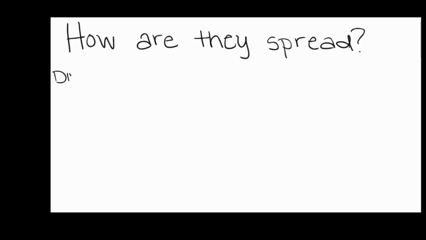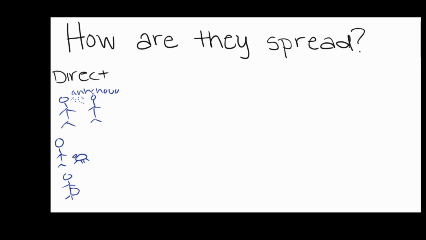How are infectious diseases spread? Mayo Clinic lists 4 major ways infectious diseases can be spread. They can be spread through direct contact, which would be person to person, such as touching, sneezing, or kissing, animal to person from bites, scratches, or feces, and mother to unborn child via germs that cross the placenta.